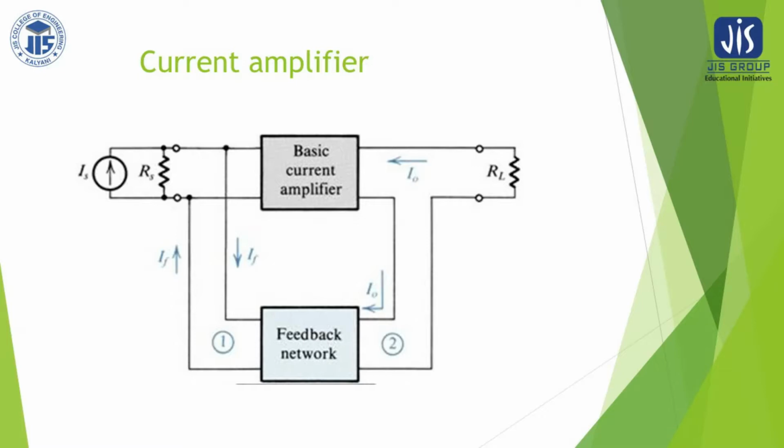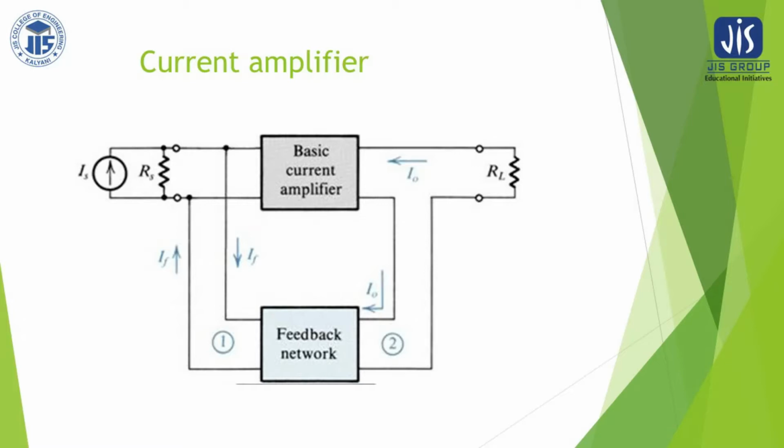Similarly, for the output one, we need most of the current at the output side to be equal to this current source. So therefore this R0 should be as large as possible so that none of the current will be flowing through this impedance, and therefore I can write R0 should be as large as possible with respect to the load resistance. So these are the basic requirements for the current amplifier.